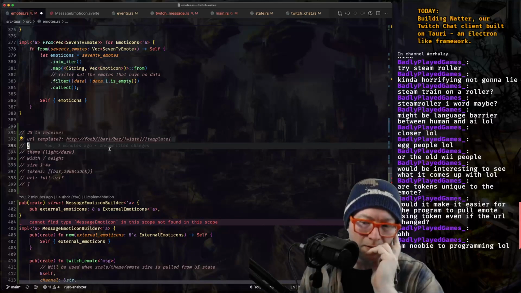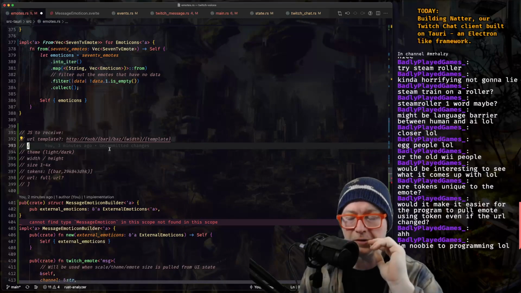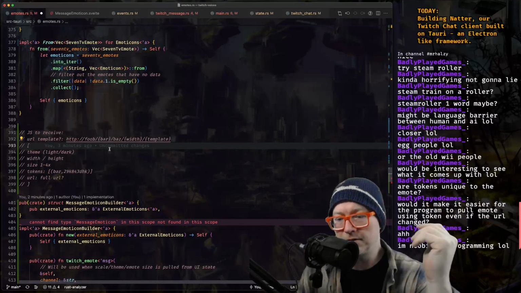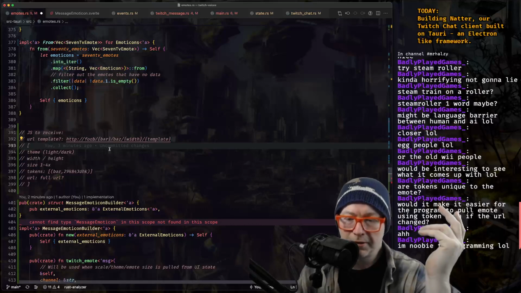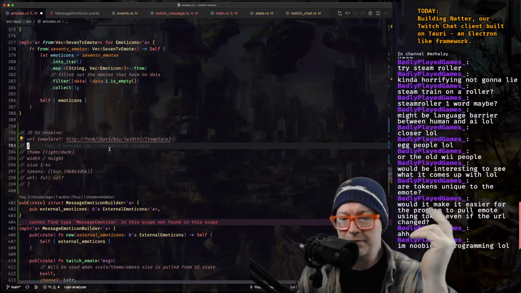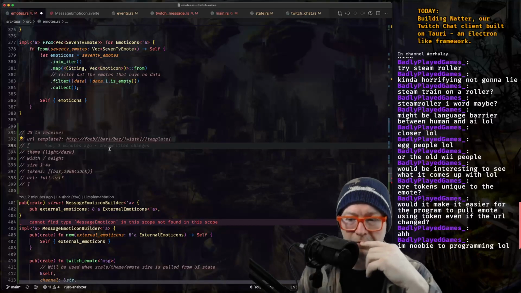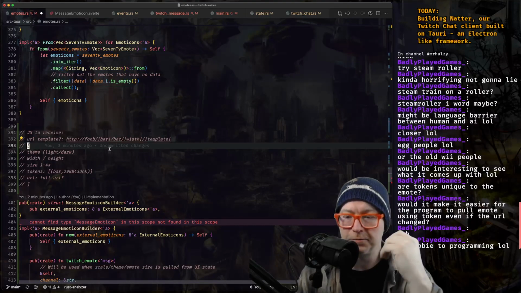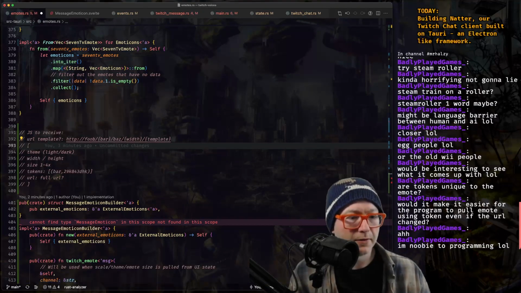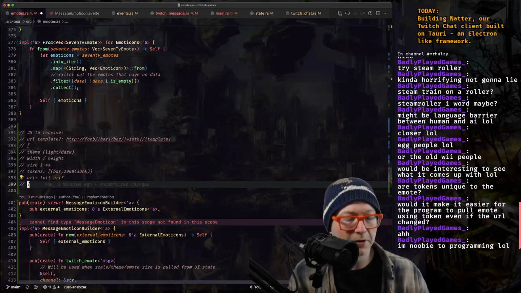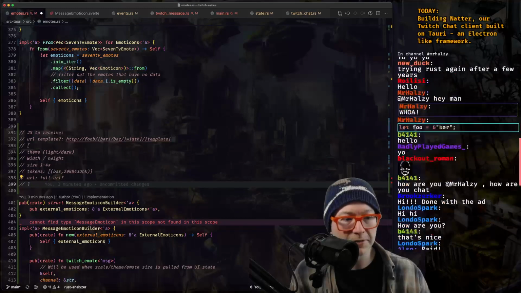And then if memory does become a problem on the front end, because this is going to take what? When it's done, URL might be 100 bytes. The rest of it, 60 bytes. So less than 200 bytes. It should be okay. 200 bytes per emoticon, that could add up in some channels, though.